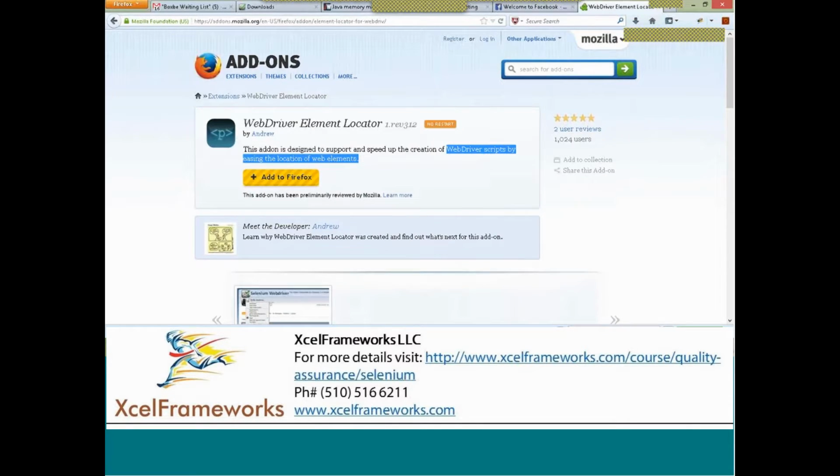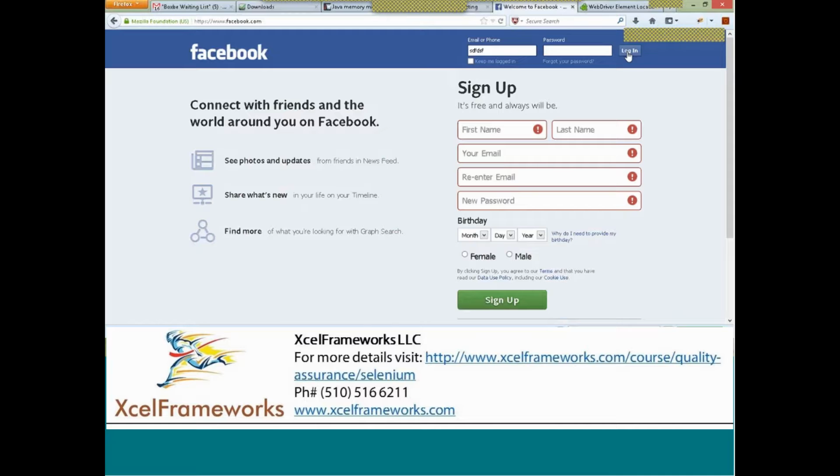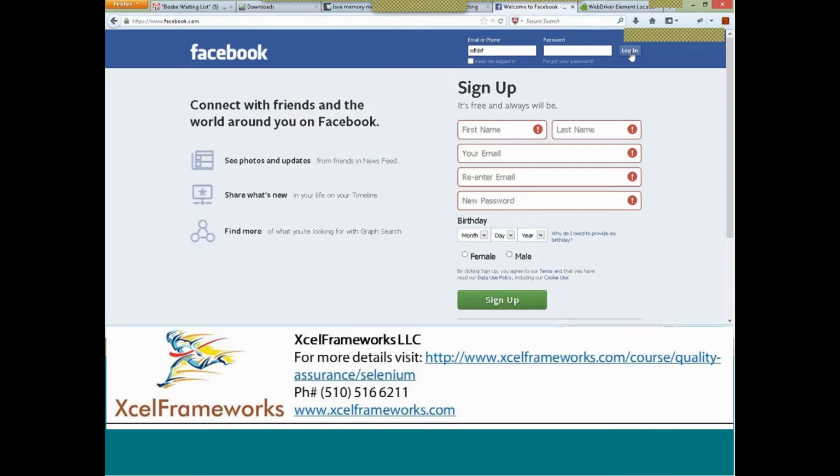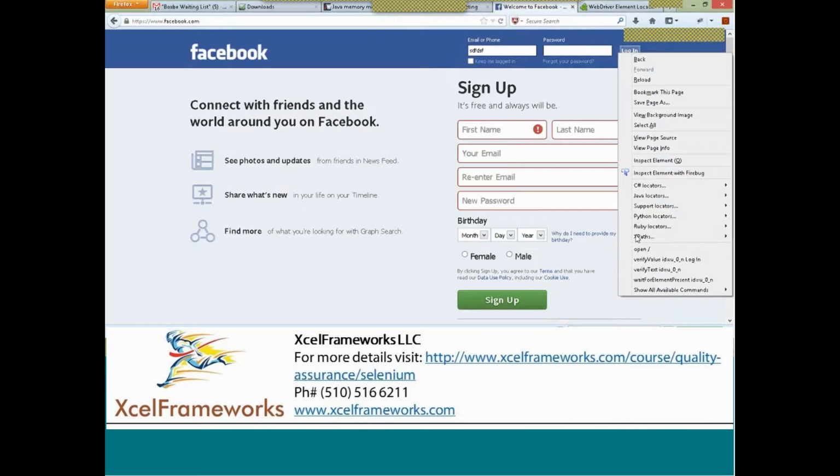For example, I'll go back here again. Facebook. Suppose you want to get an XPath for the login button. So what will I do? I will never record anything. I'll never use Firebug or Firepath, whatever. I'll just right click this login button. I'll go to XPath. I got a lot of options. See,